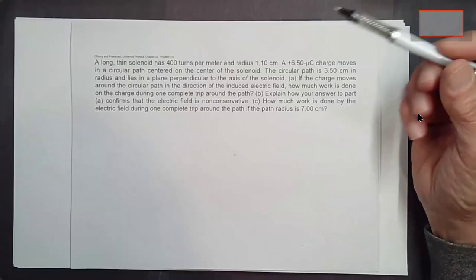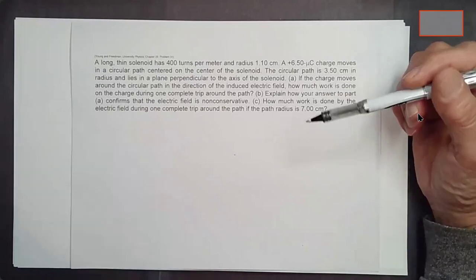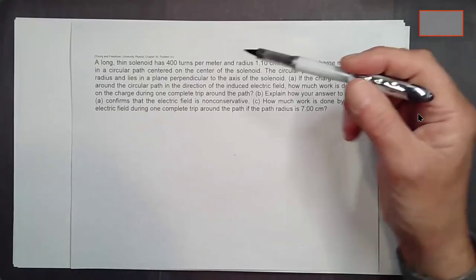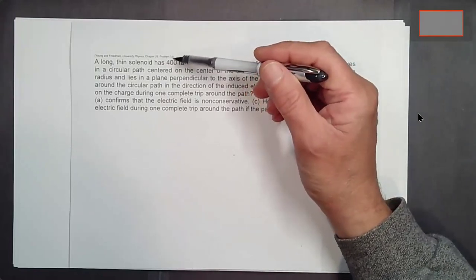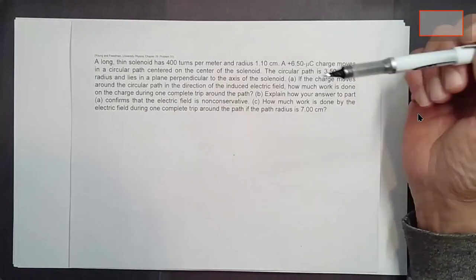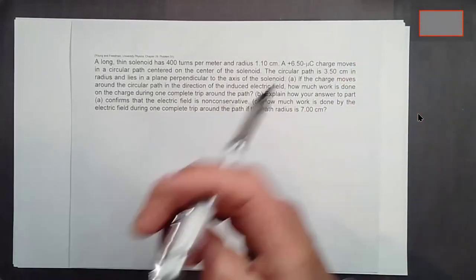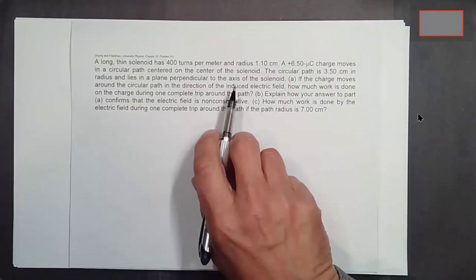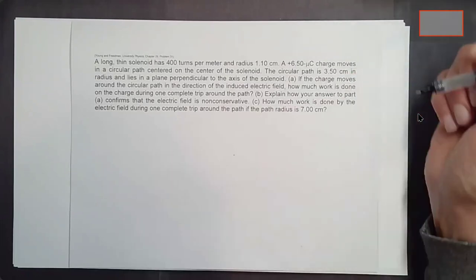Anyway, this is another one out of your textbook, although I noticed in looking at my textbook, they've added more problems to all the chapters. So this was problem 31 in one of the textbooks a few editions back, and now I don't know what it's numbered, but anyway. A long thin solenoid has 400 turns per meter and a radius of 1.10 centimeters, and